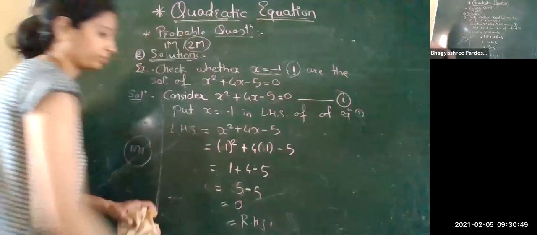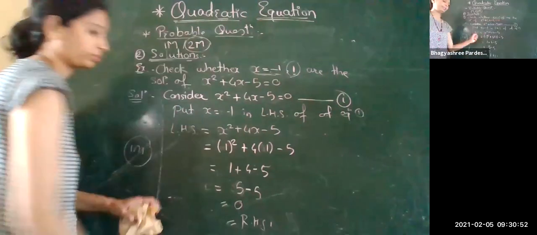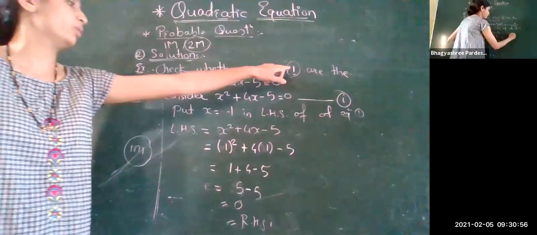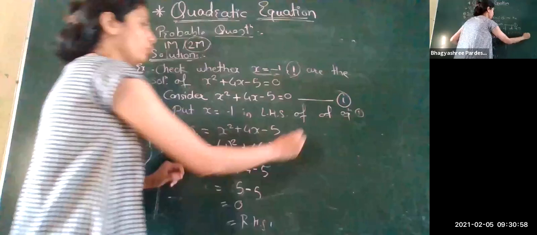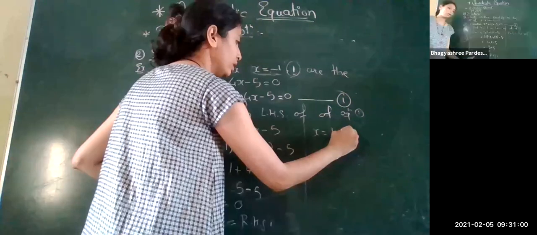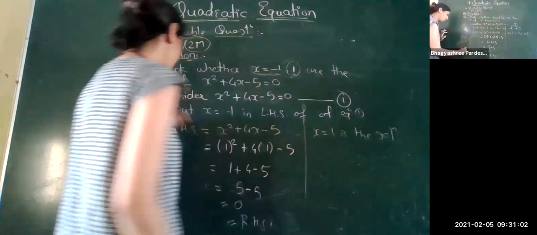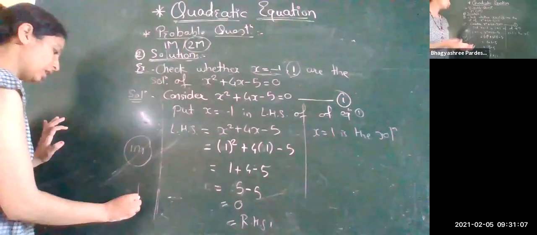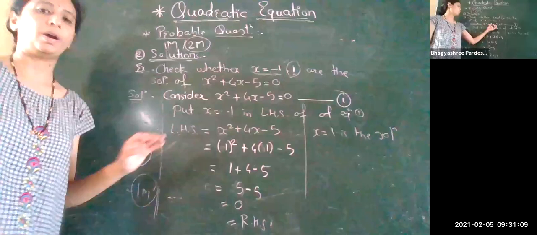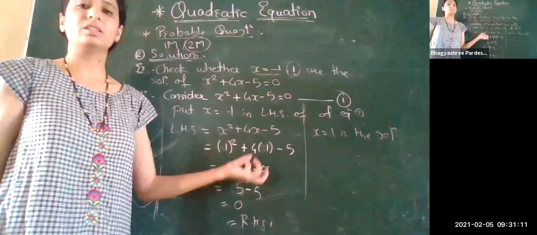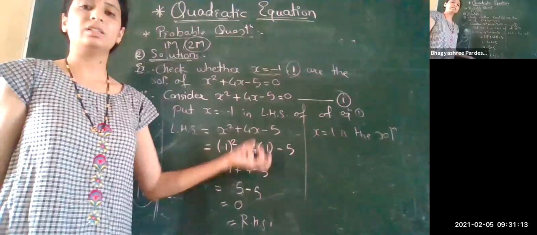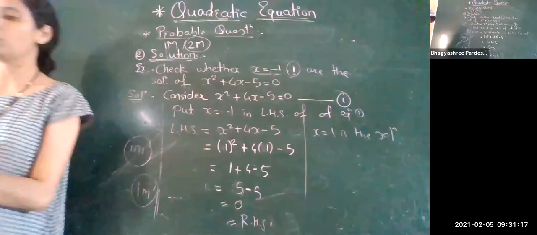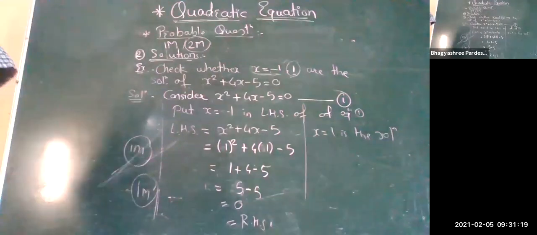Now again, for x is equal to plus 1, we get LHS and RHS are equal. Therefore, we'll say that x is equal to 1 is the solution of the given quadratic equation. Again, for solving this, you will get another 1 mark here. So in this way, you will get 2 marks. Very, very easy, students. The same method we have applied for -1 and +1. But for solving this much, we are getting the 2 marks here. So just focus on these types of questions. This can be asked for 2 marks.